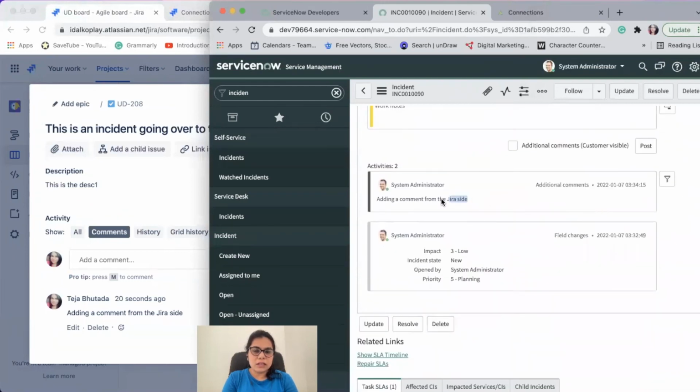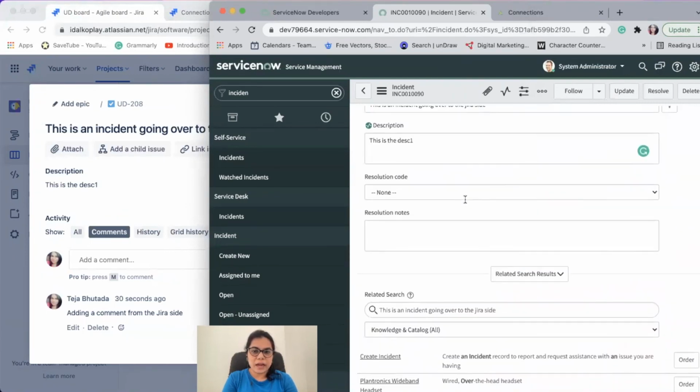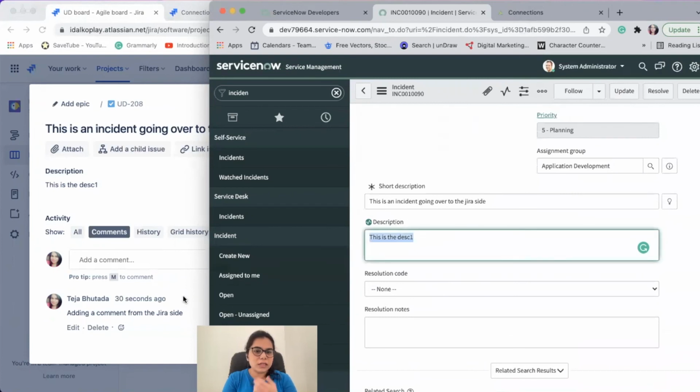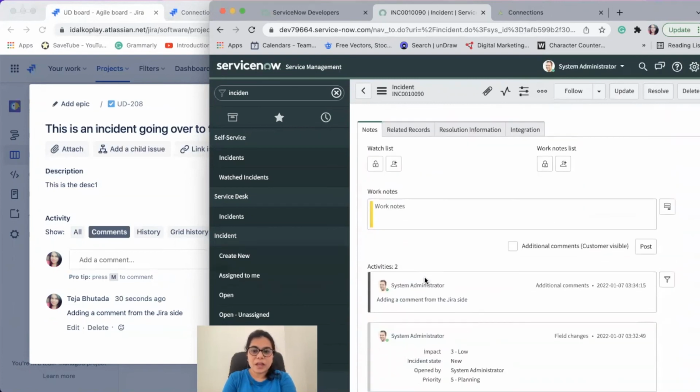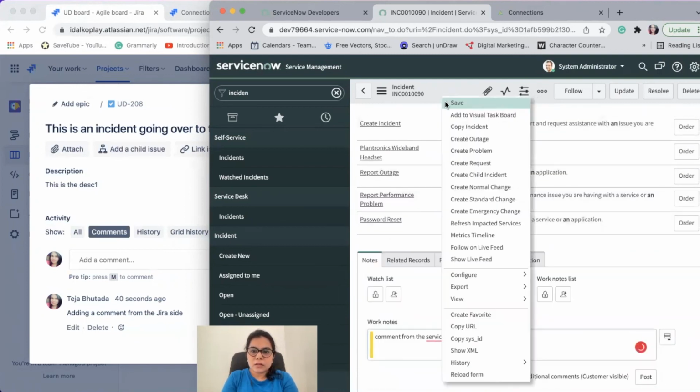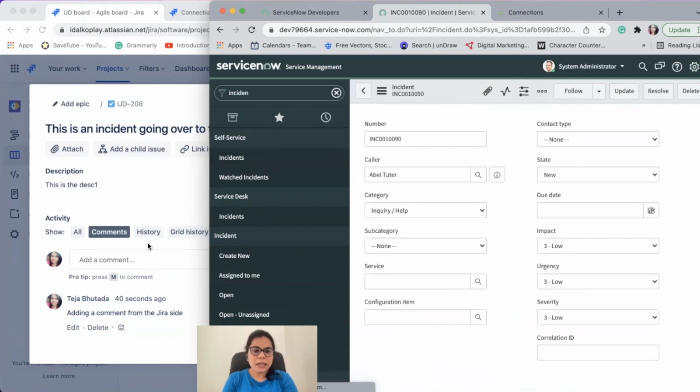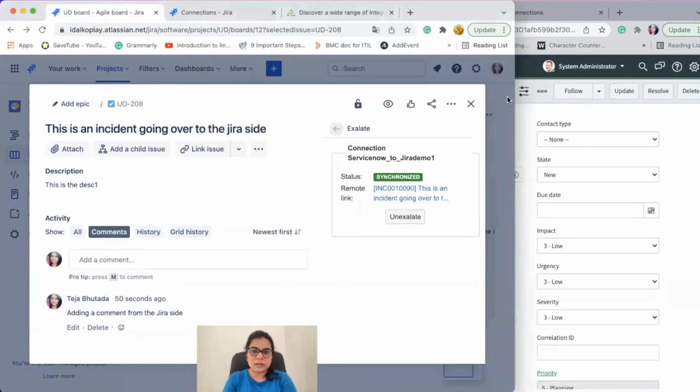So if you can see, yeah, the comment has been reflected. And if you've changed the description, that's reflected also. So you could also choose to comment from the ServiceNow side, and it will get synced over. Right. So I'm clicking on save. And it will, of course, be synced over to the Jira side.